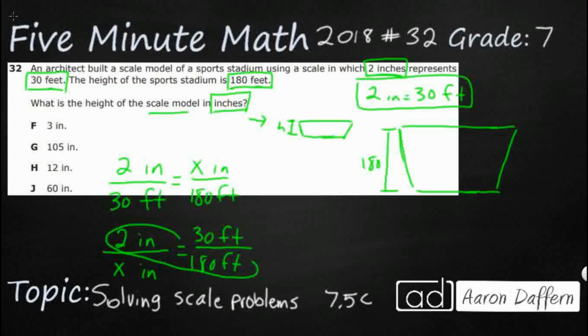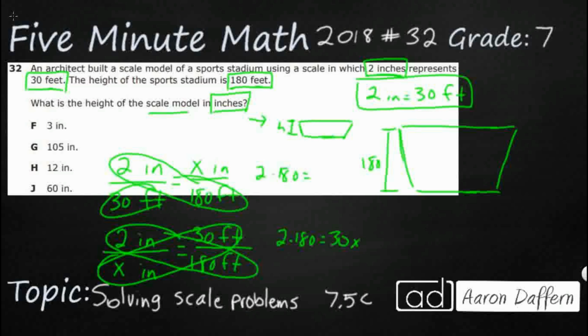So you notice that either way we do it, we're going to have to do this. So we're going to have to do 2 times 180 equals 30x, because look what I have here. 2 times 180 equals 30x. So it doesn't really matter which way you set that up. They're both going to get you that same equation. So first, let's figure out what 2 times 180 is. So we double 180. Double 18, that's going to get you 36. So double 180 is going to get you 36 with an extra 0. So I've got 360